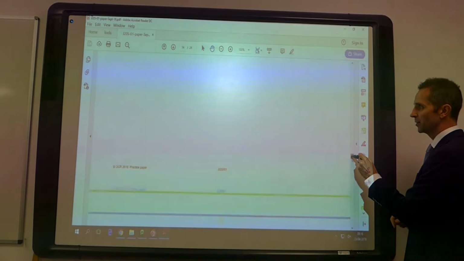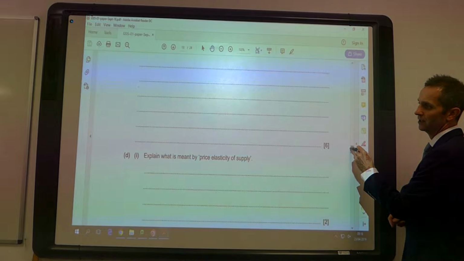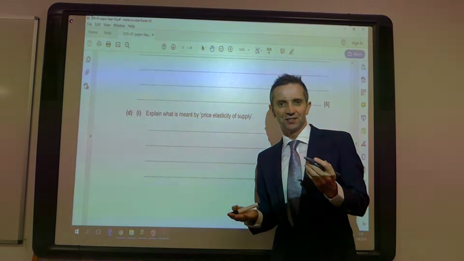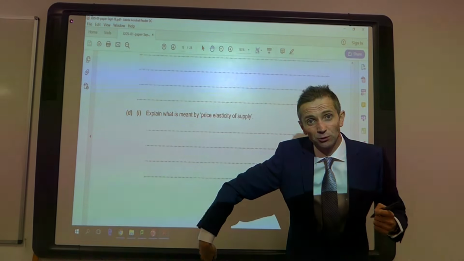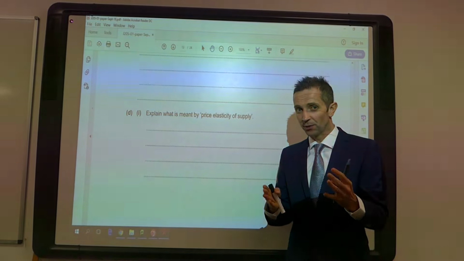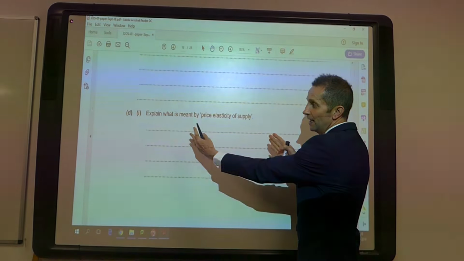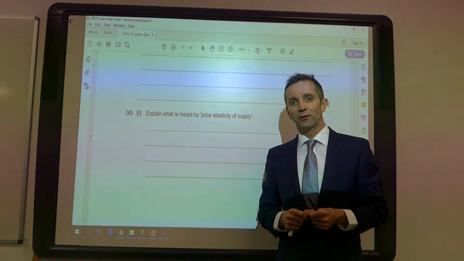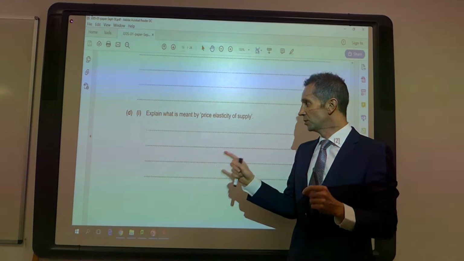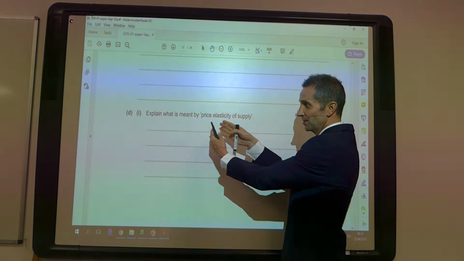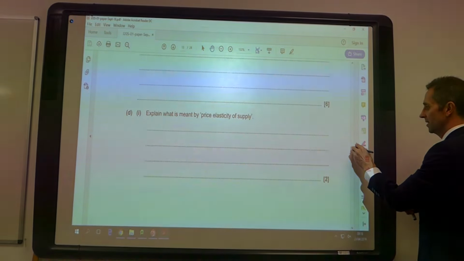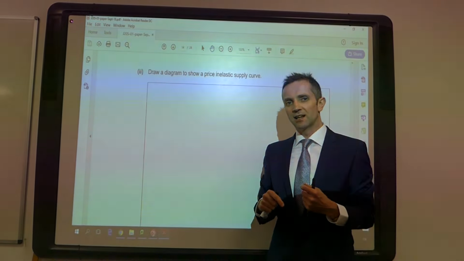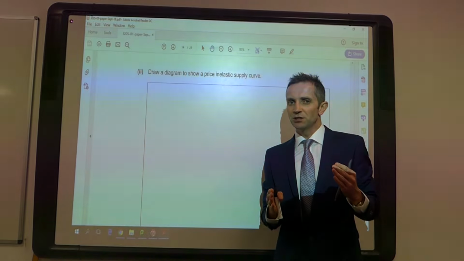So let's have a look at D part 1 in this particular question. So D1, very simple question, explain what is meant by price elasticity of supply. So the evaluate question, D part 3, is all to do with price elasticity of supply. But here we have, if you will, the building blocks of your answer for an extended answer question, all to do with price elasticity of supply. So this is the explain part of it. Then into D part 2, draw a diagram to show price inelastic supply. So again, getting you to think about